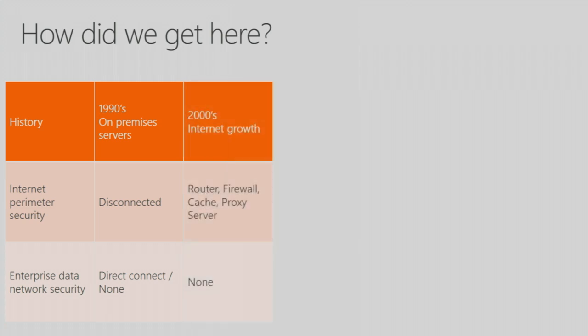Okay, so let's move forward a bit. 2000s, internet growth, lots of internet connectivity for companies. People are experimenting with the internet, trying to get business value. What is social enterprise? All this kind of stuff is coming up. There's a bunch of recreational web browsing on the internet as well. Companies respond, there's a risk, I've got to put some security on this. Typically I've got a proxy service, a cache, a firewall, a router, a reasonable amount of security devices, still no security